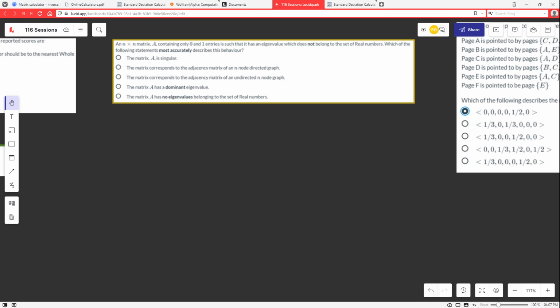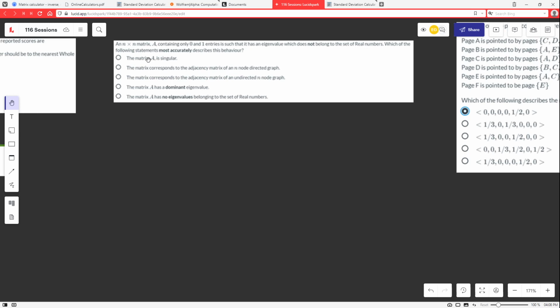This is one I got right without fully understanding it. Okay. So it's not singular. I don't think we can determine just from this if it's singular. Singularity is based on the determinant. If you find the determinant of a matrix and it's 0, it's singular. I don't think we can determine that from this. So the one of these which is most accurate or most precise, which is I think what Paul meant, is